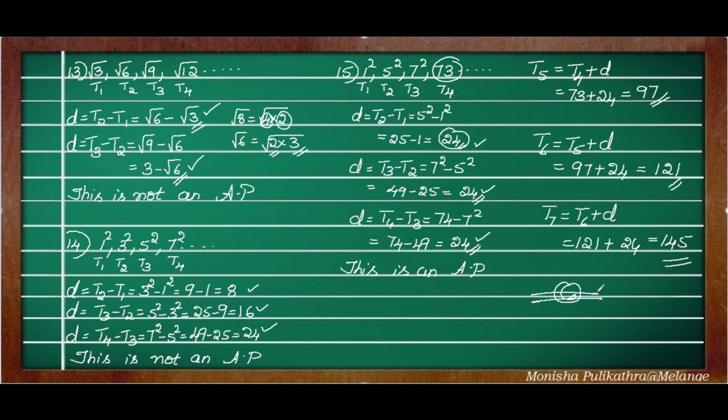So this is the end of this section. I hope you understood the section clearly, because there is not much calculation. Only we have to find out whether the given sequence is in AP or not. How do we find out? First we need to find the common difference. If the common difference is constant, then we need to find the next three terms. If the common difference turns out to be varying, then you need to stop the problem there itself by writing this is not an AP.